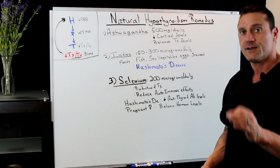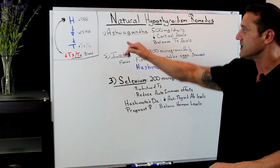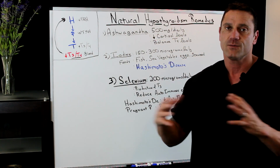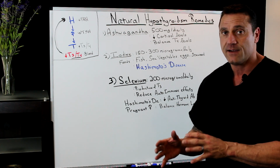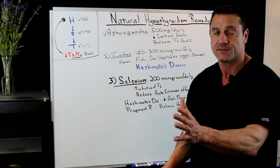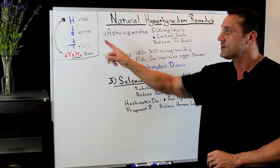So the main focus that I always recommend, let's go easy. Let's go attack the adrenal glands with ashwagandha, 500 milligrams daily. Now you could take that throughout the day. You could take that at nighttime to help sleeping. You can take it during the daytime to, again, stabilize your cortisol levels. But the main focus is that you want to lower the cortisol levels to help increase the function of the